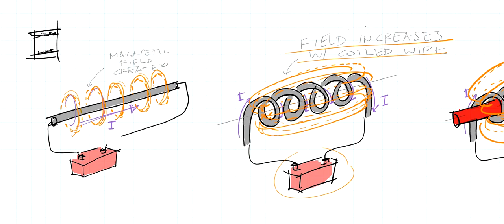So we have minus here and pluses on one side. Once that charge is stored, it has potential or voltage to be able to deliver that energy. But in an inductor, it's not actually the charge that is being transferred into the magnetic field,